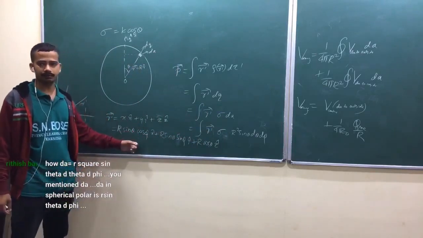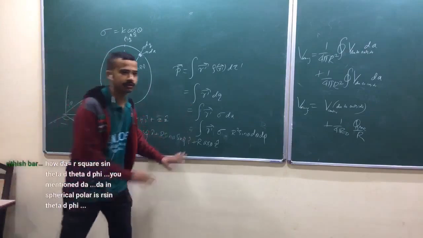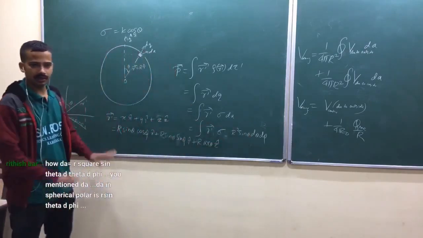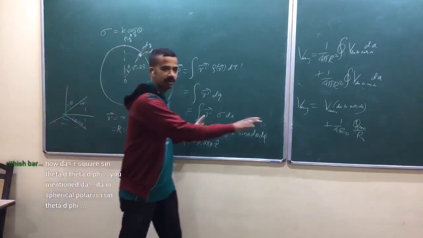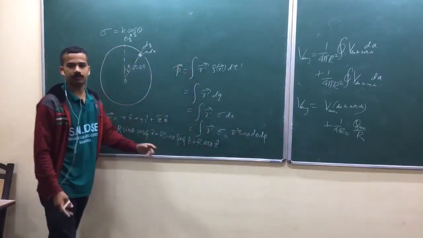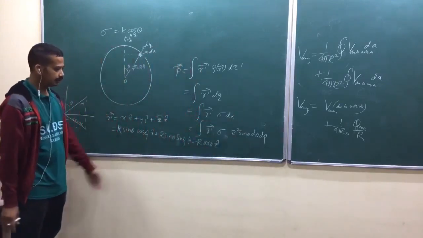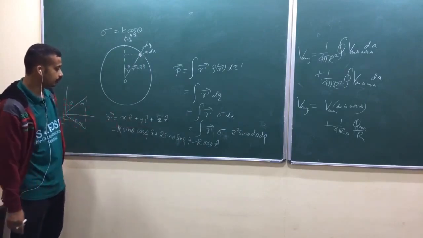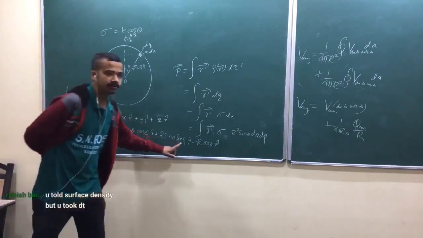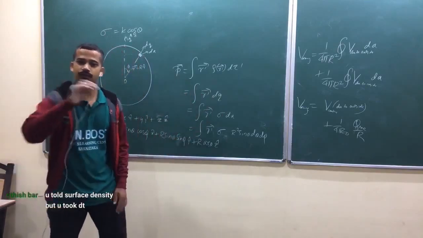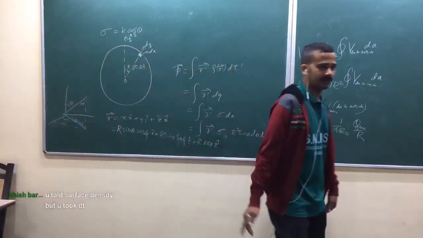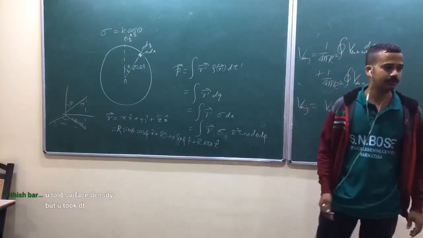Can you do the further part? Substitute this one, split the integral, take some space in your page. Write down the individual components and think over which is 0 and which is non-zero. Phi part will not be 0, I think. No, phi part will be 0. Look at sin phi: the integral of sin phi d phi from 0 to 2 pi, that's 0. Sin phi comes, take off that one.